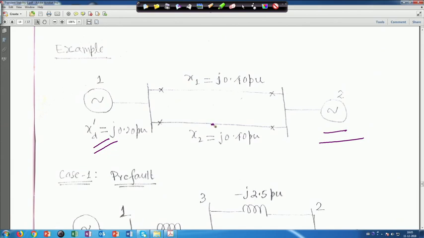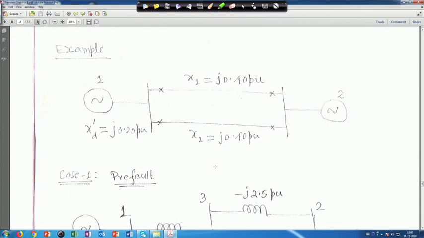And fault has occurred, actually 3 phase fault has occurred in the middle of the line, that we will see later, right. So, we have to find out that reduced admittance matrix, right. So, in this case,